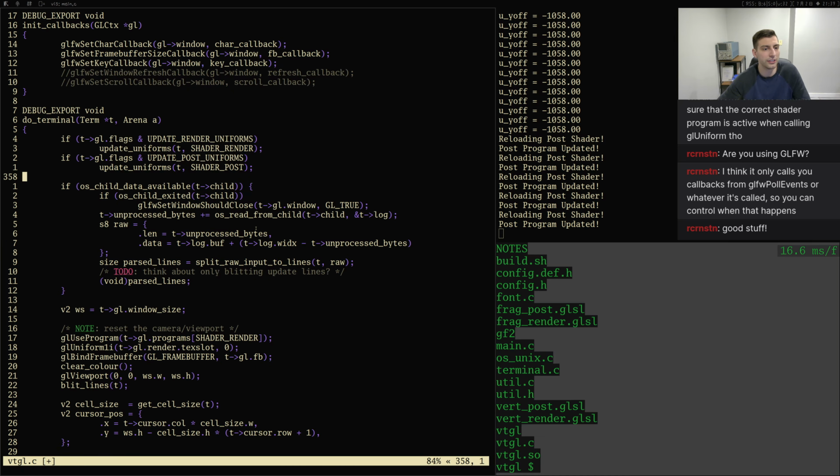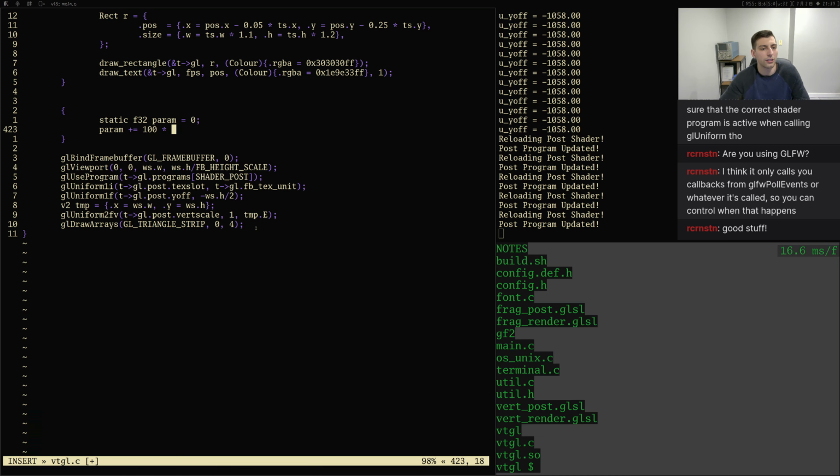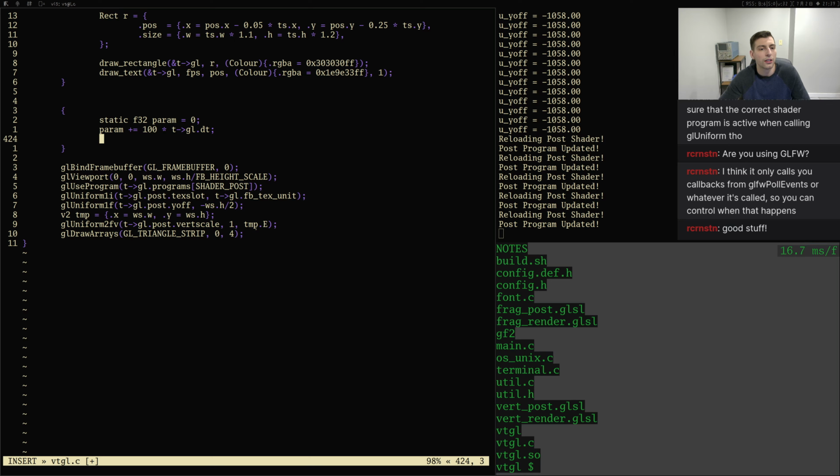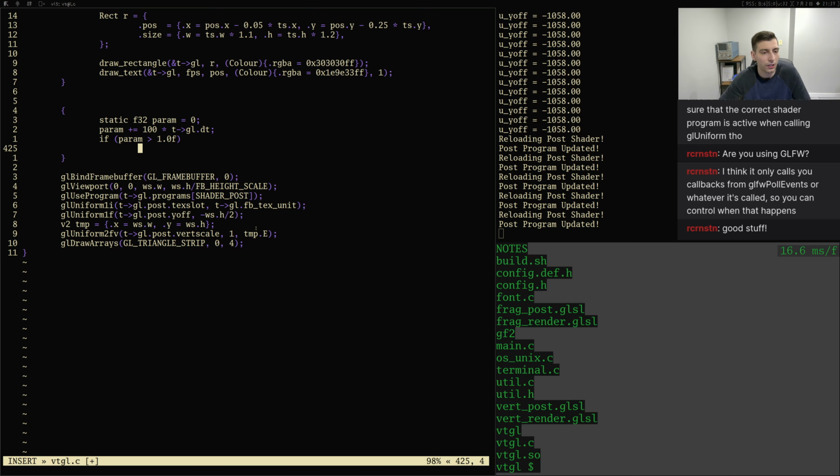Yeah, gl.dt. If param greater than 1, param minus equals 1. Then